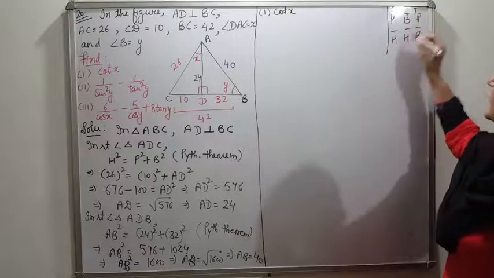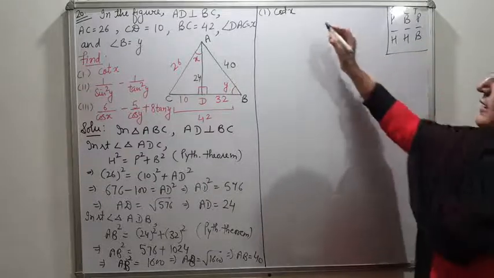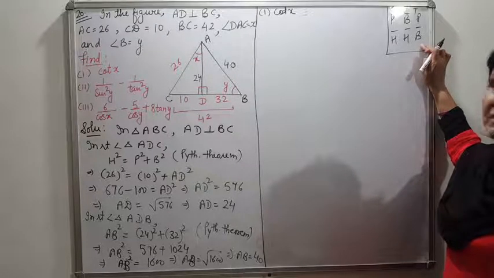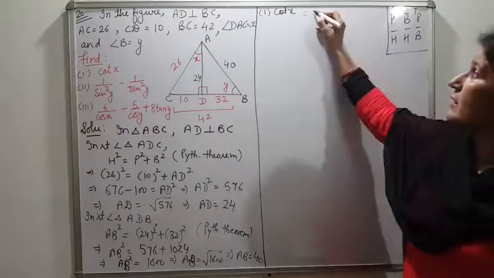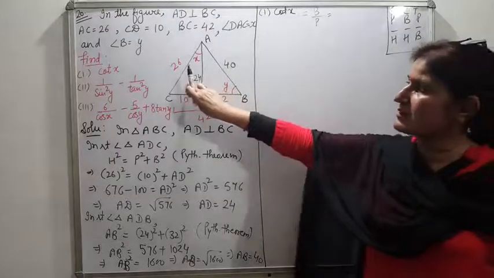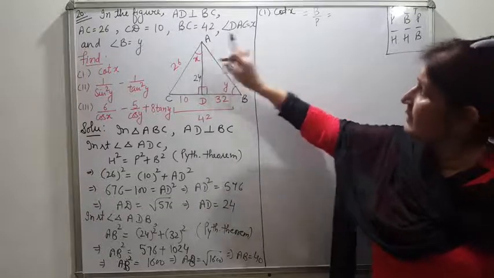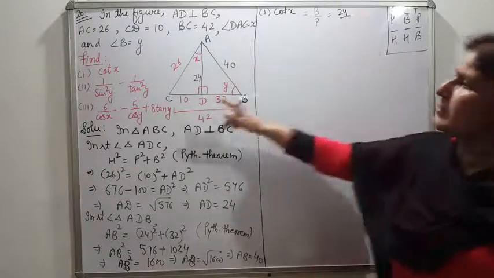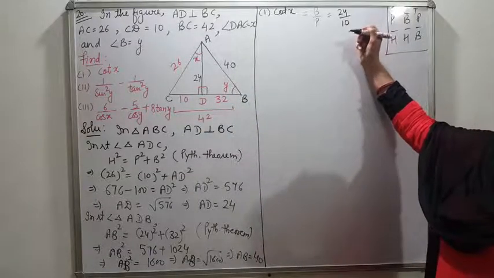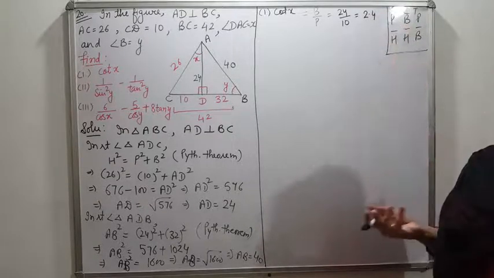So you need to learn these values or how to write them, otherwise in every question you write and then easily you can calculate. Cot x is the reciprocal of tangent, so we will take b over p. Now what is b? Base here. For cot x, you have to take this triangle. The side adjacent to the angle is base. Here it is 24 and perpendicular is 10. You can reduce them in lowest terms also, otherwise you can leave it here. If you reduce them, otherwise you can write even 2.4 also. That is up to you.